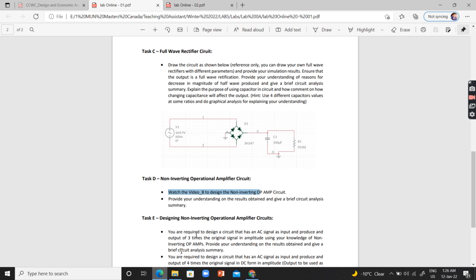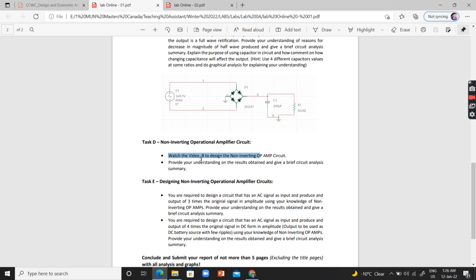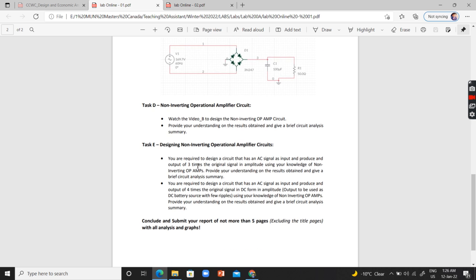With that being said, you are done with video B. Provide your understanding on the results obtained and give a brief circuit analysis. What I want you to do is just provide a basic understanding of what every parameter over here means. And task E will be interesting for you. You need to design